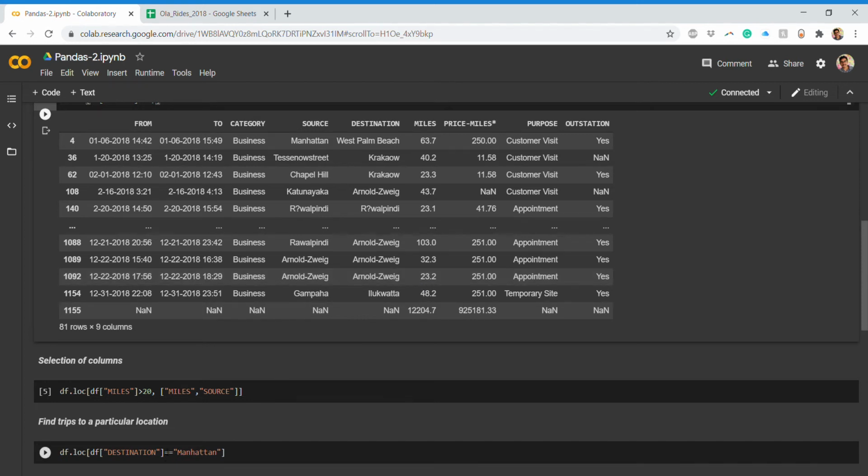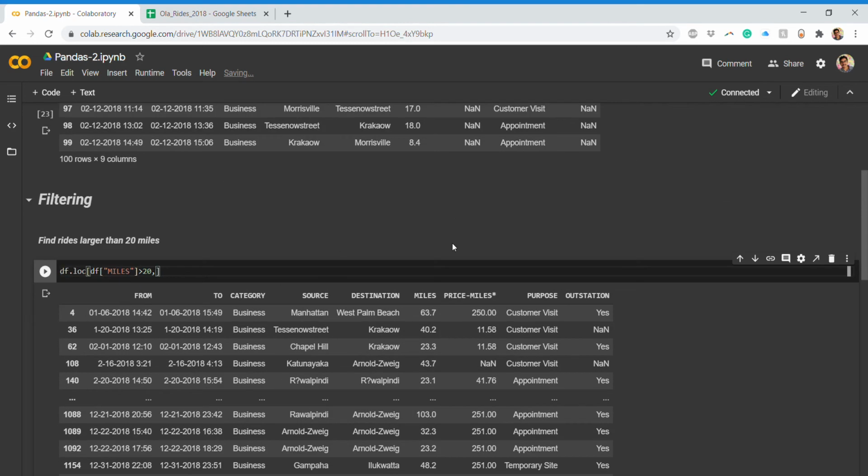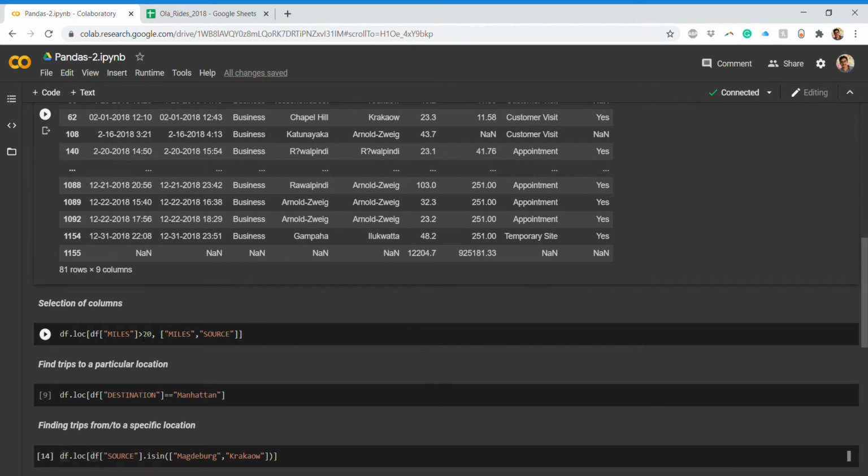Now the second kind of operation is the same way. Now we want to put the condition on the miles, and we want to project two columns. Our customer wants miles as well as the source. So first remember, on the first part, left hand side, you always have the condition on that particular column, and then if you want to project only specific columns or series, that will be put in a list.